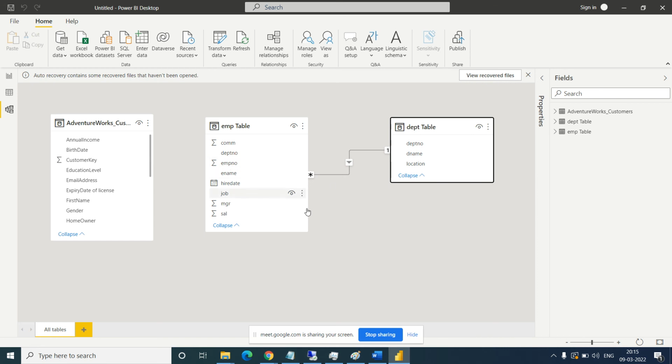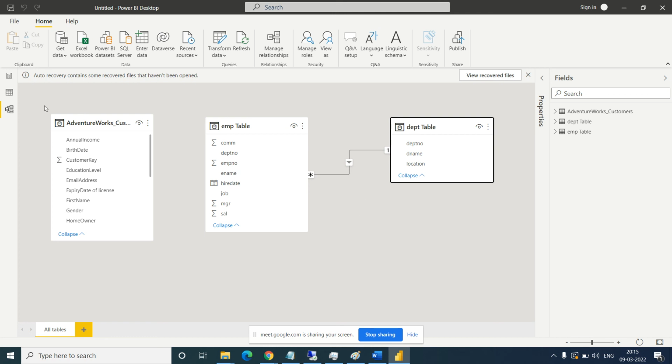So what is the join? What join will you say? Left join. Left join, right? So this is a left join. So let's try this now. So we created the first data.